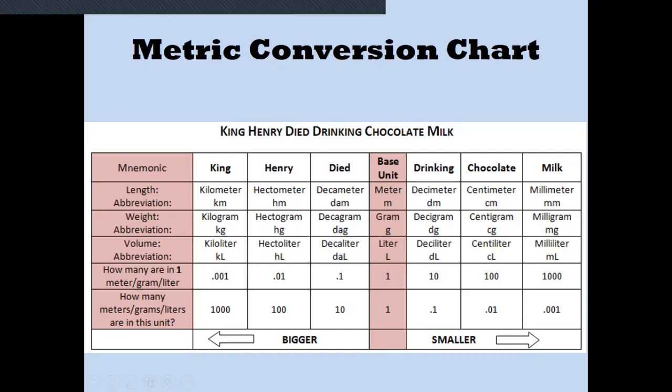The mnemonic for remembering the order is King Henry died by drinking chocolate milk, or any other way that you'd like to remember it. The base units are the meter. Now there's two tricky things on this. Remember, anytime you have a single letter, it's going to be a base unit: M, G, or L. If it's going to be millimeters, it's going to be over here, and it's going to be a double M. This is the single M, this is the double M. And honestly, you're really never going to see decagrams and decigrams, so this distinguishing factor is of limited concern.